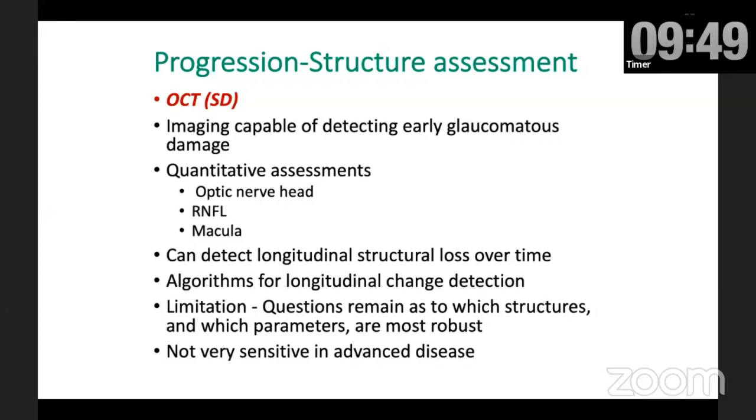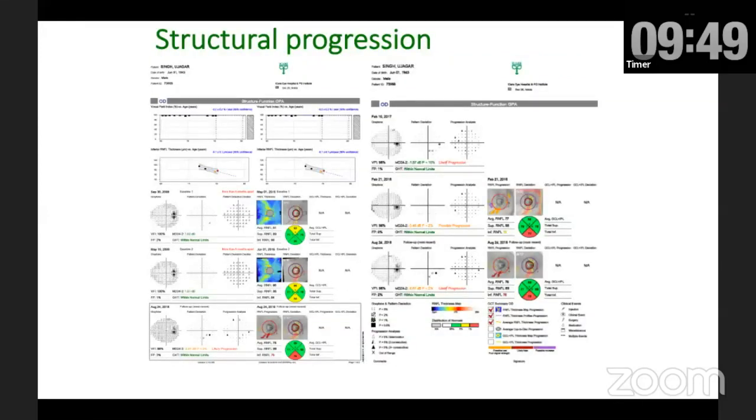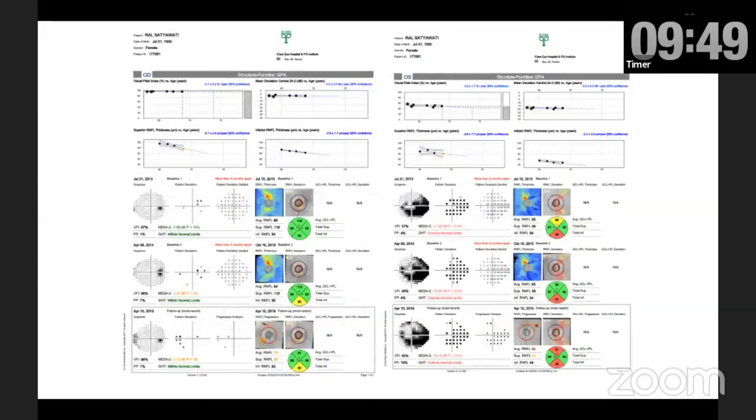But of course, we still don't know whether to rely on all the quantitative assessments in OCT, or RNFL versus the macular changes. If you look over here in a pre-perimetric case of glaucoma, you have a rock solid VFI, stable over time. But if you pay attention to the RNFL, over time you can see the inferior RNFL is getting lost. And this is a patient of ocular hypertension actually, who's already on treatment, but despite being on treatment, you can see with time the retinal nerve fiber layer loss is progressing and the fields are normal. So the structural damage can actually sometimes happen before your field test starts to show.